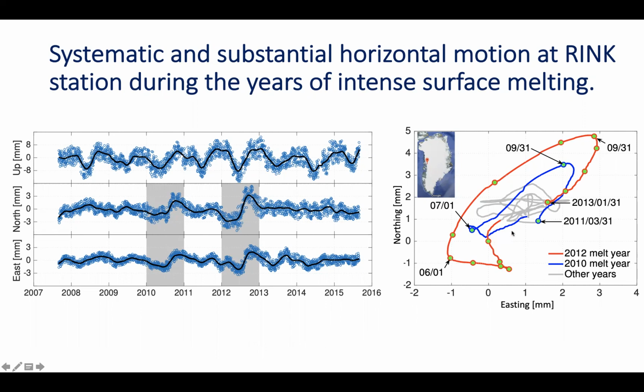A similar systematic motion was also detected in the year 2010, which is shown with the blue line. For the rest of the years, we did not see any such systematic motion. During 2012, over the 4 months in summer, starting in June through the end of September, I think, the bedrock was moving by about 7 to 8, maybe 9 millimeters in the direction of northeast. And then it tried to come back in the following 4 months.